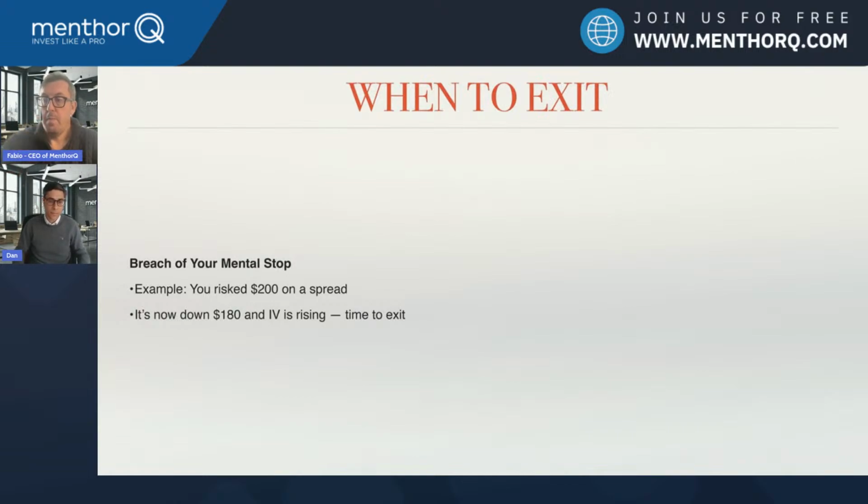This is very simple. One rule of thumb is, even if you have a good plan, you can't stomach it if something happened in your private life, or suddenly you need the money. You shouldn't have money in options which you might need tomorrow. But let's say you just risk 200 on a spread and something happens. And this 200, which is not that much, doesn't feel small now. And it's down to 180. Maybe it's your first trade. It's your first ever trade and you don't know what's happening.